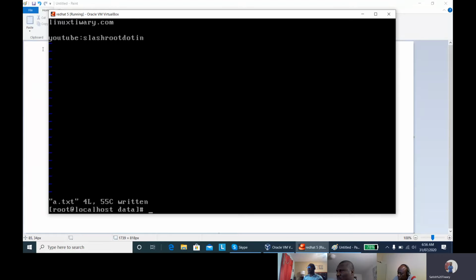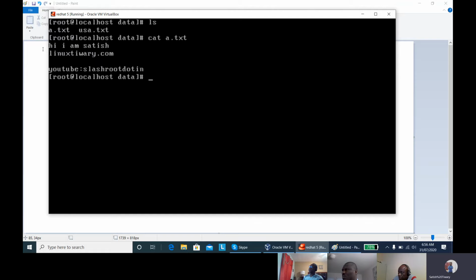Save it again. Now we have completely removed the encryption from this file. It means this file is no longer encrypted. You can run cat a.txt and directly see the content. You don't need any password.